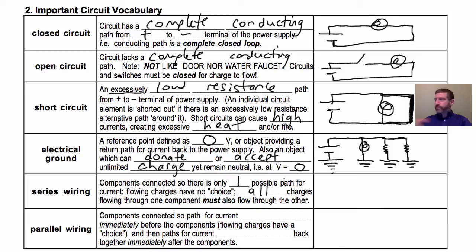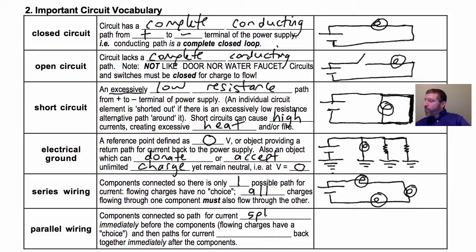That's series. Here's an example of some light bulbs in series. Here's 1, here's 2, and here's 3, and I'll just go right back to the battery. Those are all in series. Now, parallel wiring is where components are connected so the path for current splits. And to be wired in parallel, it must split immediately